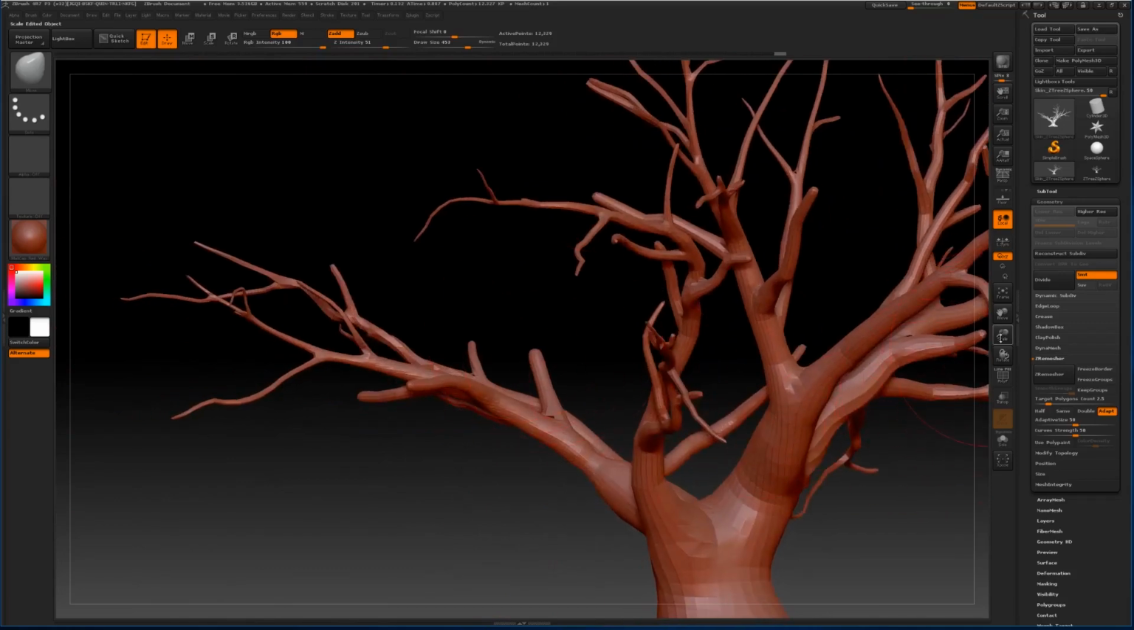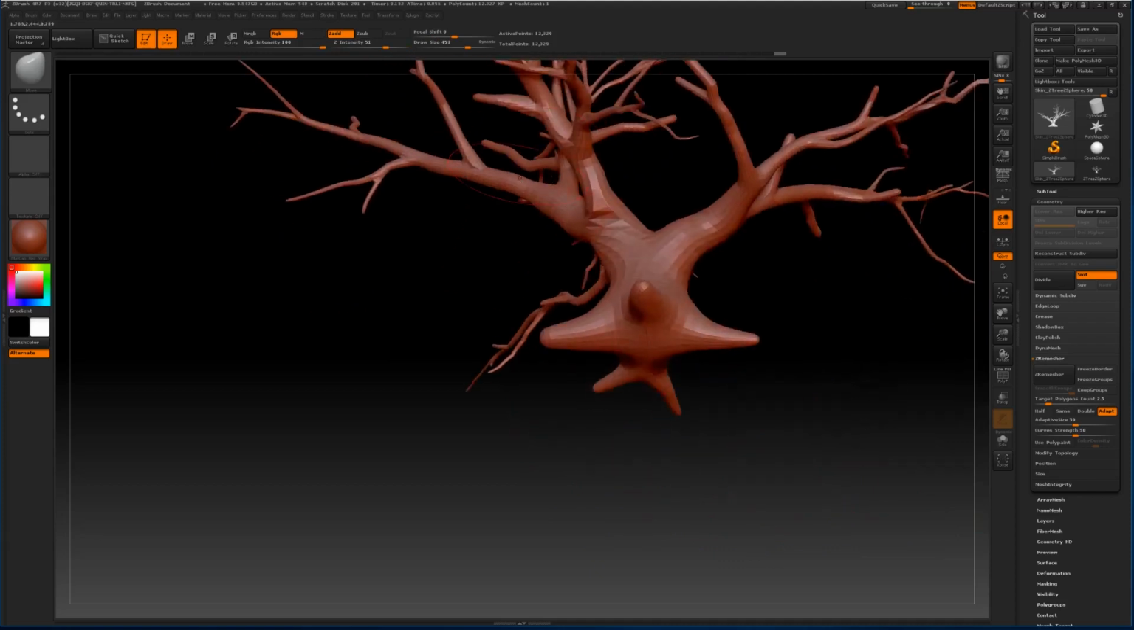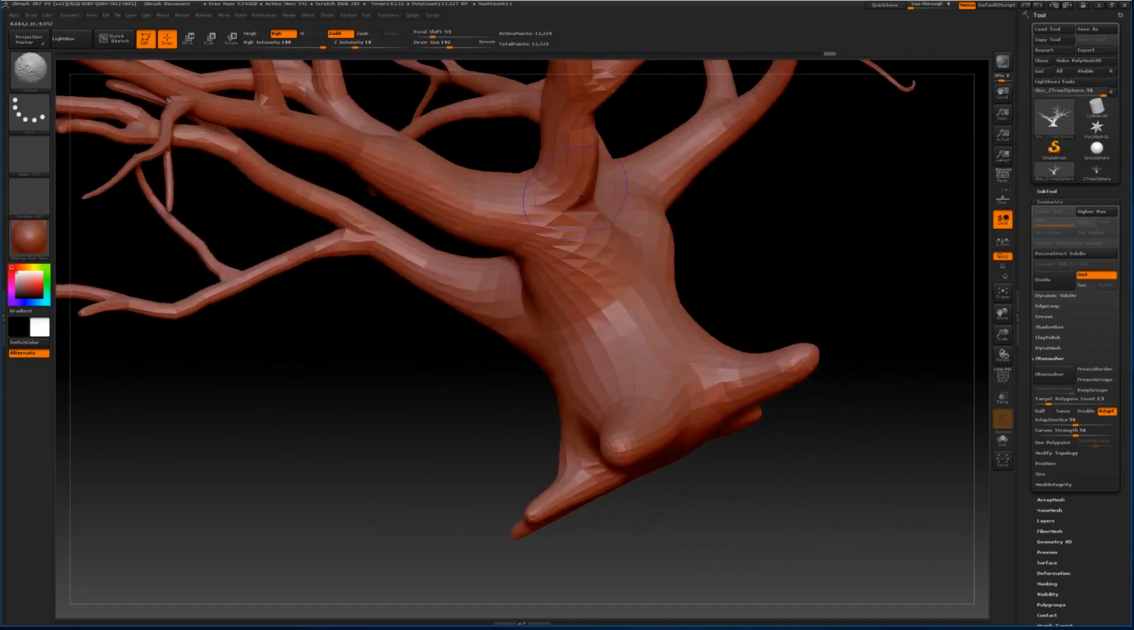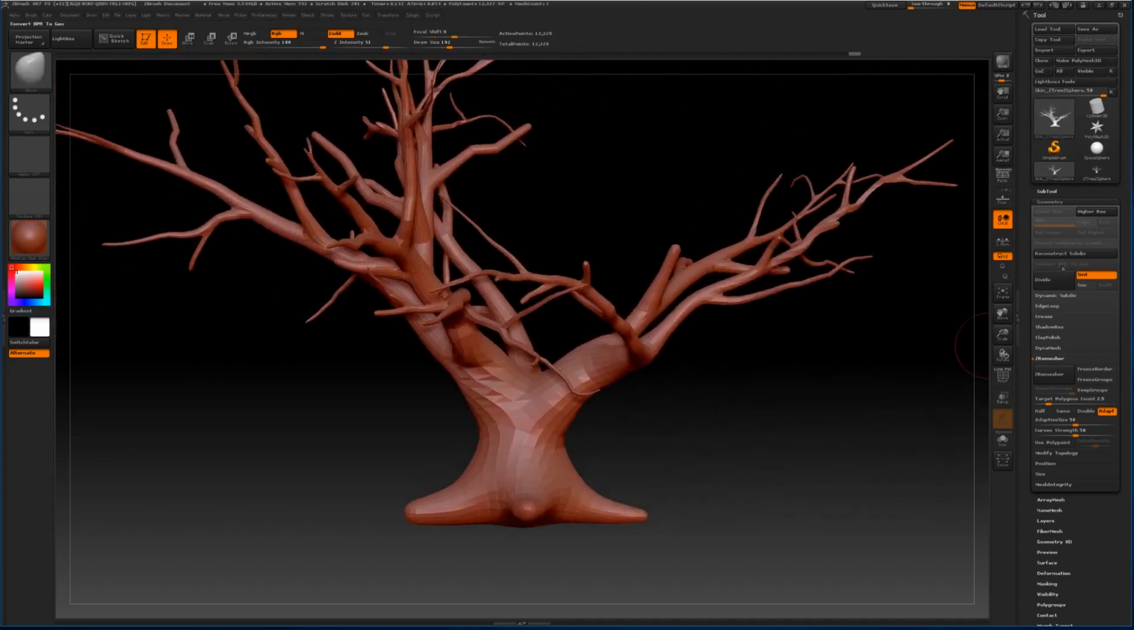Okay, and that's not too bad. I think that looks pretty good. There's a little bit of wonkiness right there, so I'll hold down Shift and I'll adjust my Z intensity down to about 10. And then I'm just going to smooth this area out right there. Not bad. And so I'm going to go ahead and divide my tree a couple of times, and then I